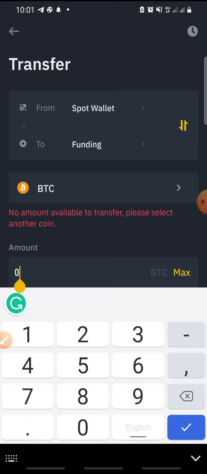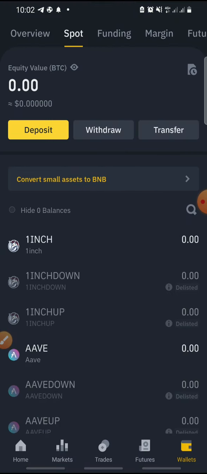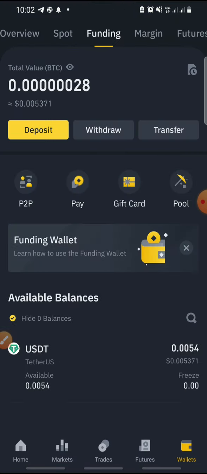But you can equally, if you have more and you don't want to send it all, enter the amount that you want to send yourself. Right. So that is it. So say we are successful with the transfer, and our money now comes to our funding wallet. Now that the money comes to the funding wallet, we want to